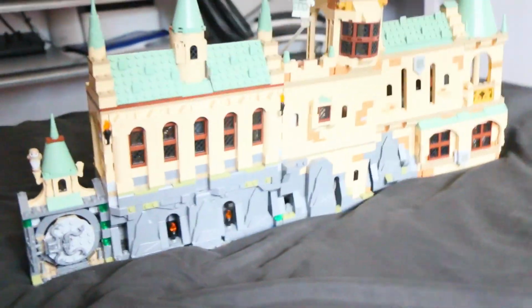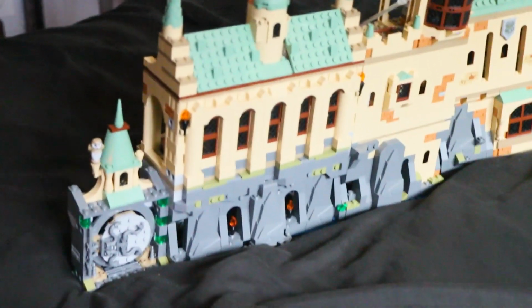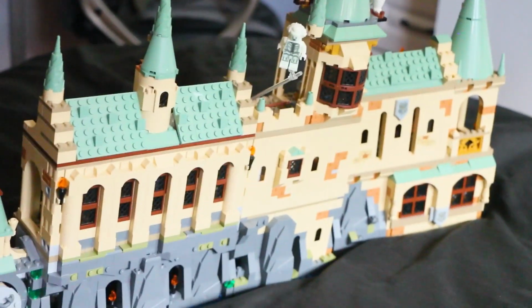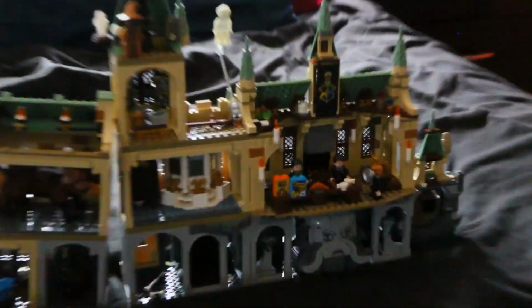So over here, it doesn't really look like a Great Hall, which is perfect for me, because can't have 2 Great Halls at Hogwarts, right? So I think the rock area will be good for when I make my Hogwarts. I want to make it as screen accurate as possible. There is the suspension bridge that's very rocky below, and I think this would be a good set to use for that area. I'm also going to leave most of these figures in here, while all these other ones will probably go into storage,